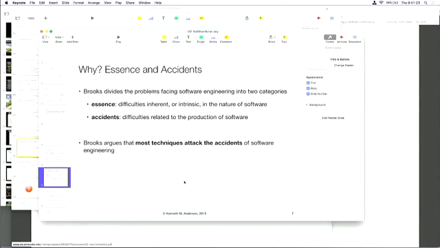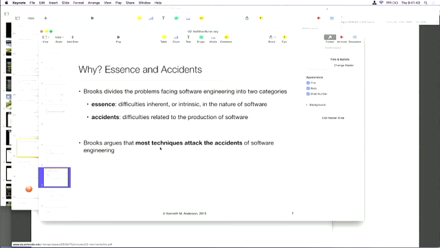And the reason why he did this again was he constructed this argument. And I like to have the students have this clear in their head: when we're working on software development, we have these 2 types of difficulties, essential difficulties and accidental difficulties. And his argument boils down to the fact that